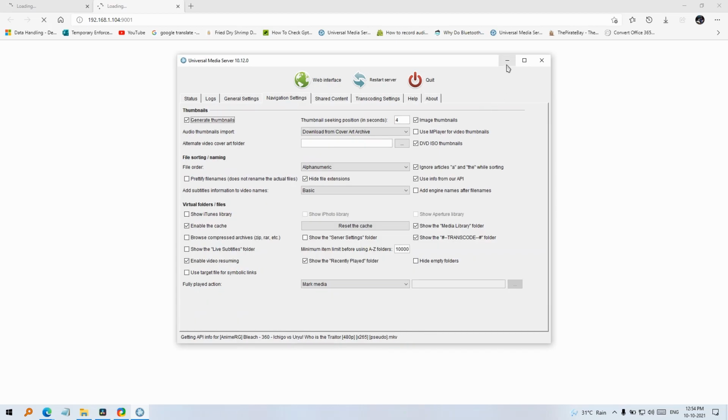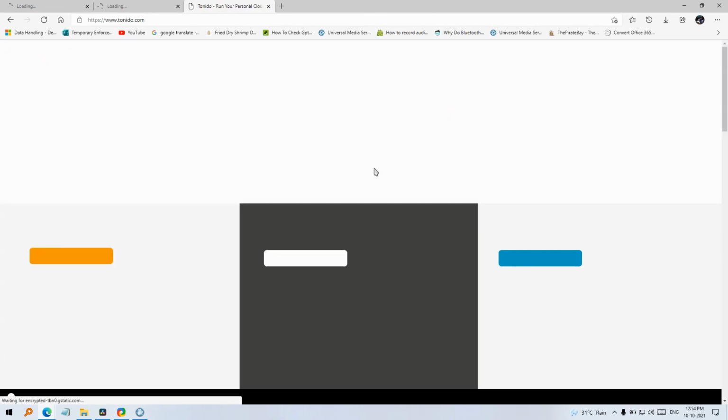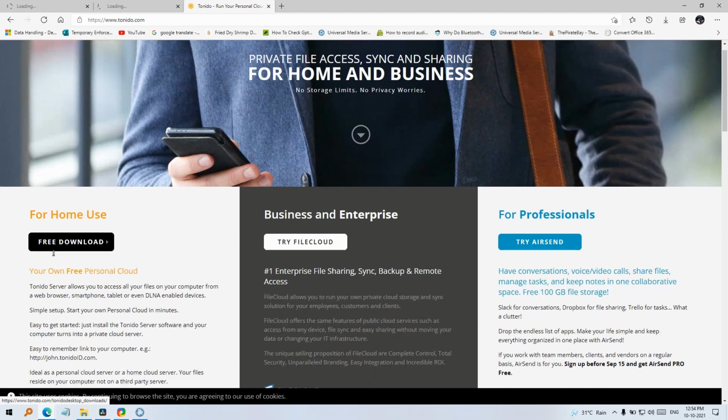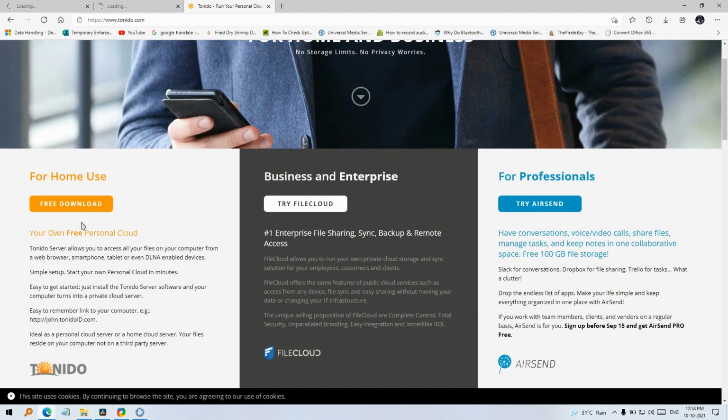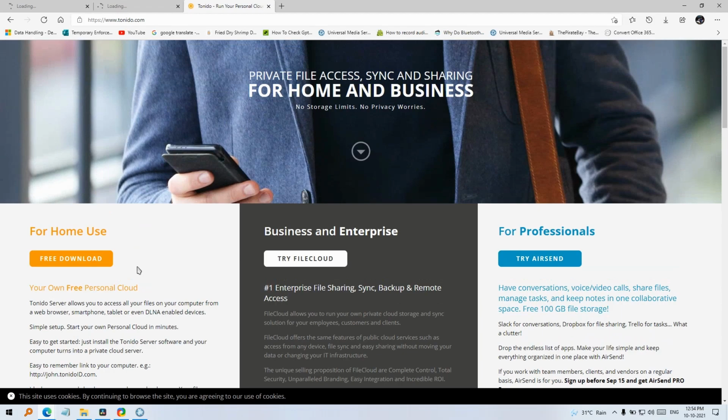And there are a few other honorable mentions that I would like to tell. One is the Tornado Personal Cloud software. It has an Android app. It's free for home use. You can try this. This is a very good software that I use. It has their own Android application. The only downside, and the reason I stopped using this, is that the Android application does not work well with the Fire Stick remote, because Fire Stick doesn't allow controls like a normal Android phone. It needs the remote support. So this doesn't work for me. I stopped using this one.